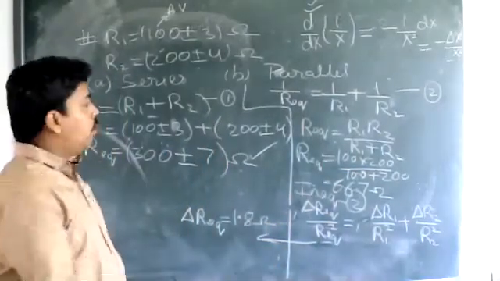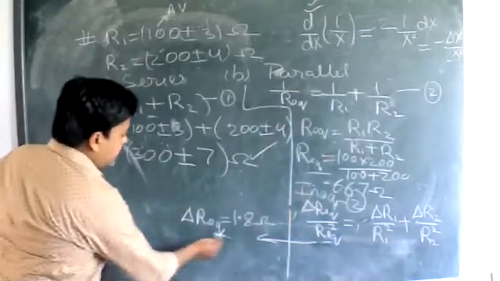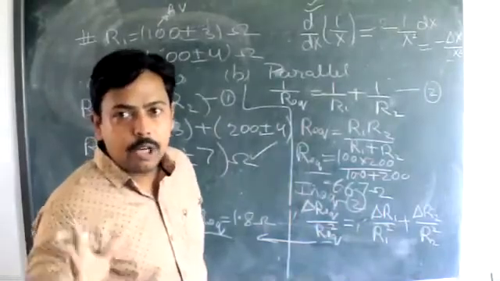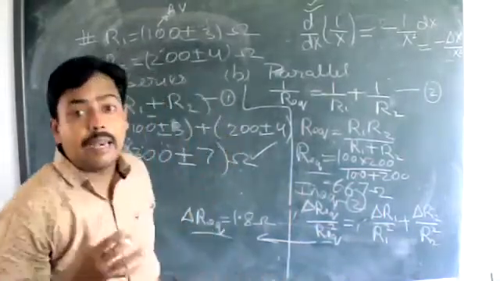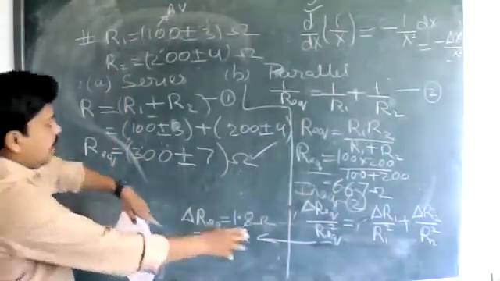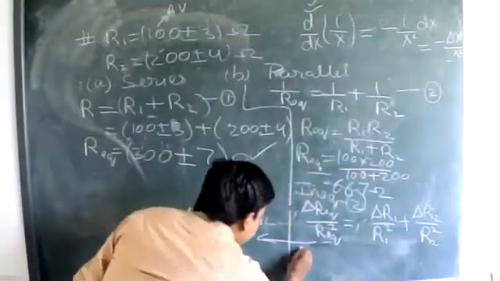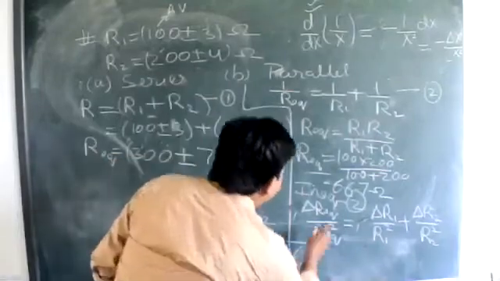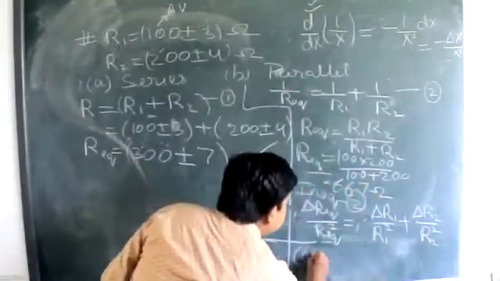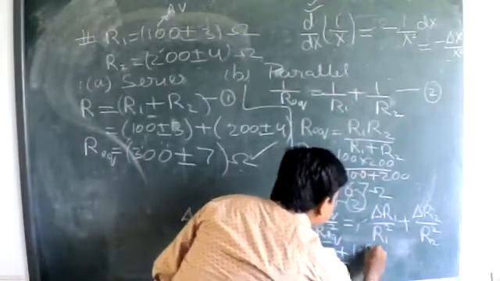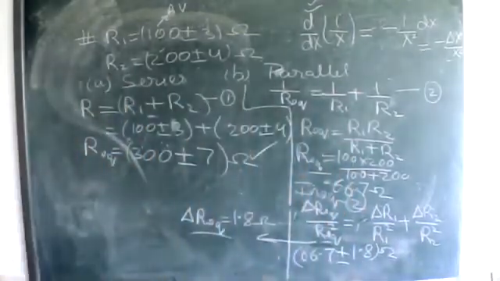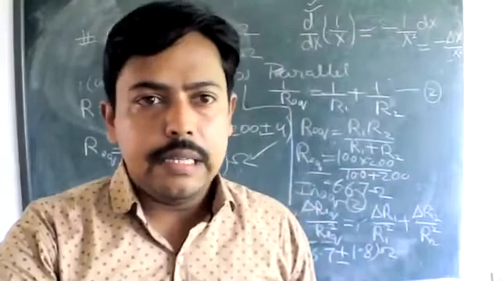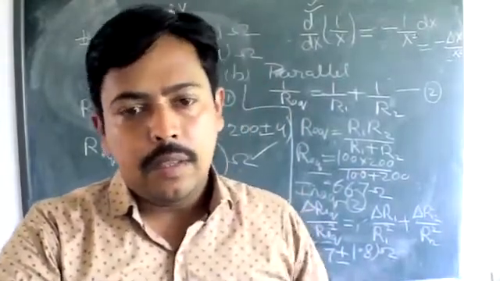Now you have this r equivalent, and you have the error corresponding to the r equivalent. So what will be the value of the required r equivalent in the case of parallel? Because we have calculated in the case of series, and we are now calculating for the parallel case. That comes out to be 66.7 plus minus 1.8. This is the parallel case. Now is it okay? The person who had the doubt, now the doubt is clear, I hope. Yes, sir. Okay, that's good.